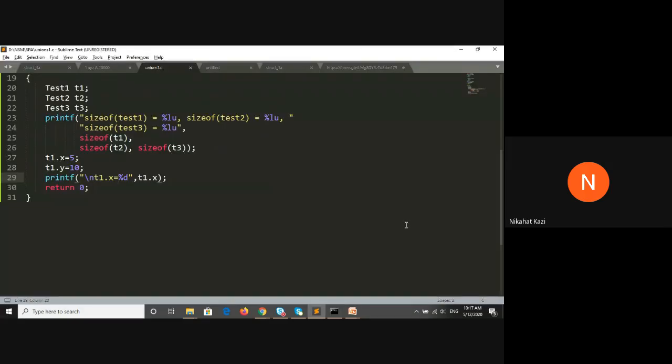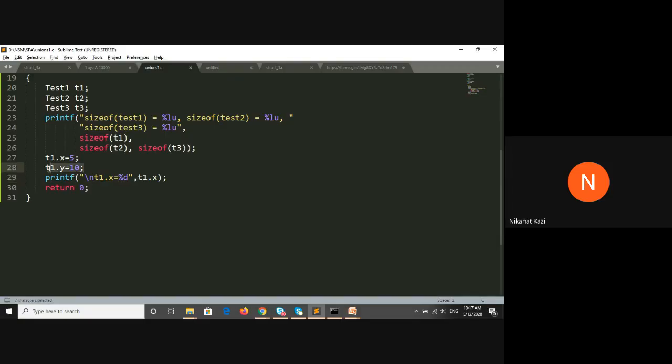What is it showing? t1.x is equal to 10, so it is not valid actually. What is happening is the memory is common, it is only 4 bytes and both are integers. So whatever you stored last is printed. So t1.x is not printed.